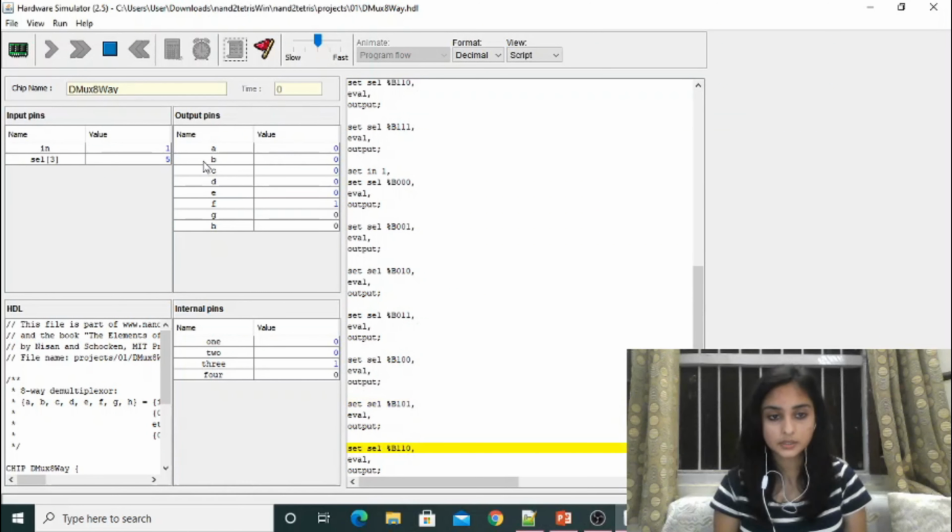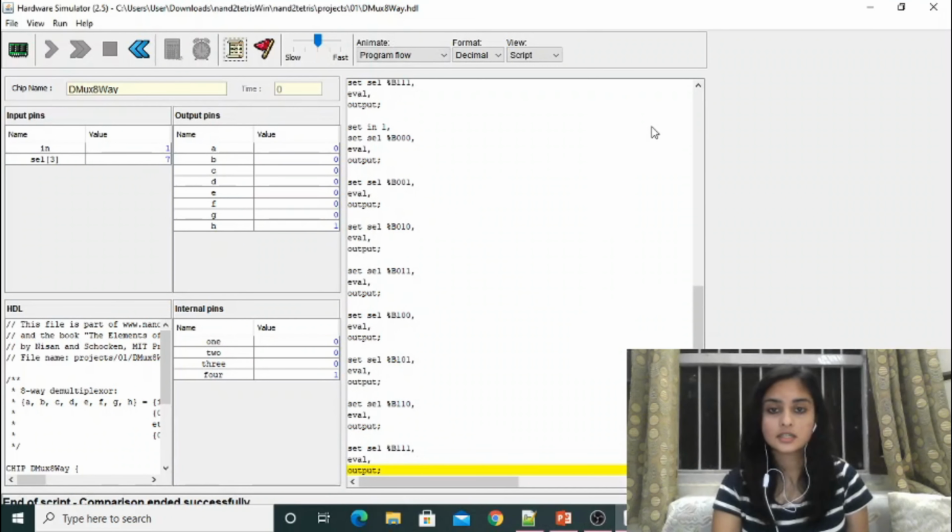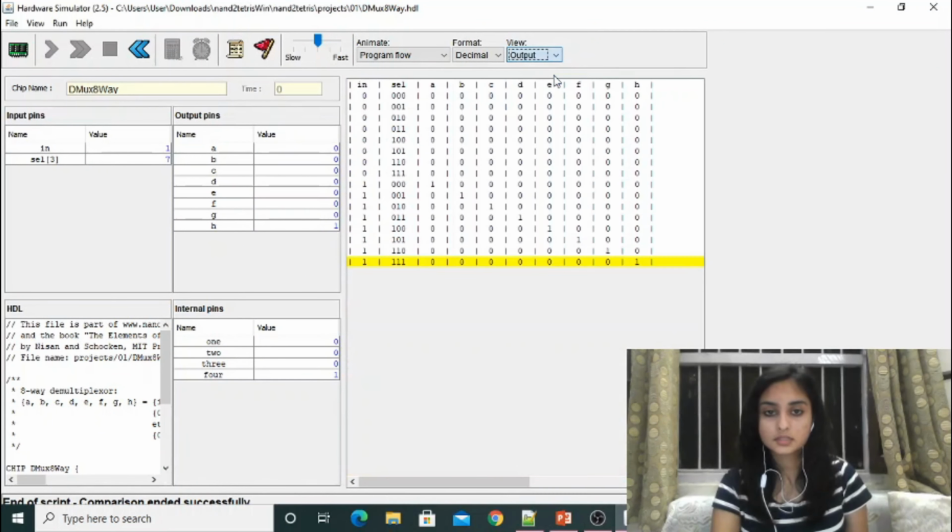As you can see, the values are changing all through the course, and the comparison ended successfully. So this is the basic output that we will be getting, and now we will lead on to compare, and since no changes happened, therefore our code had run successfully.